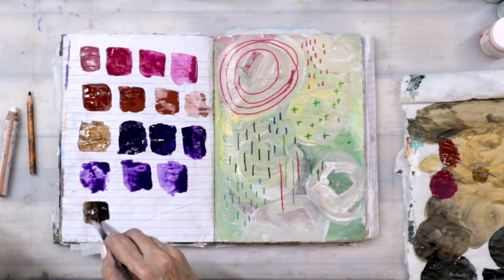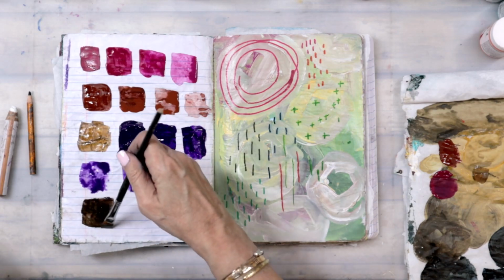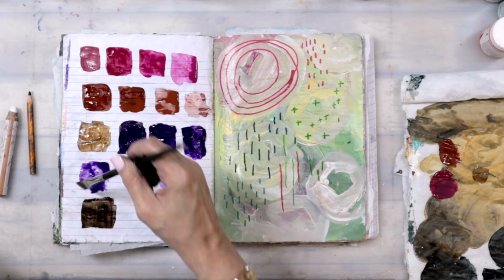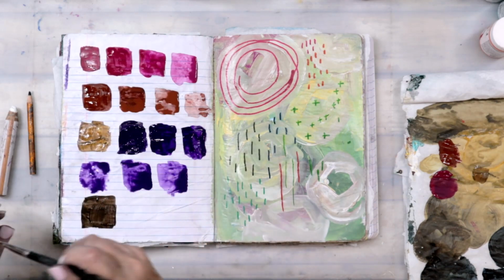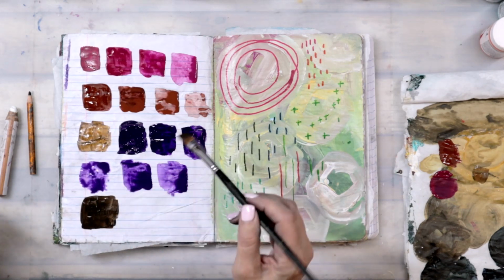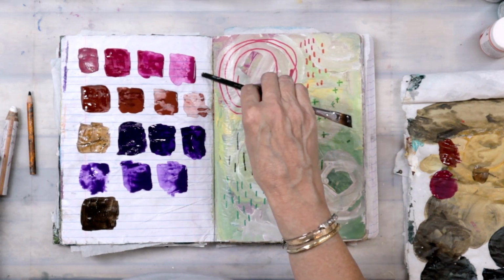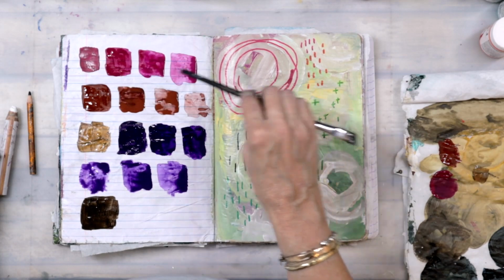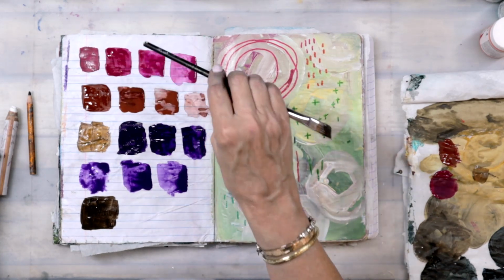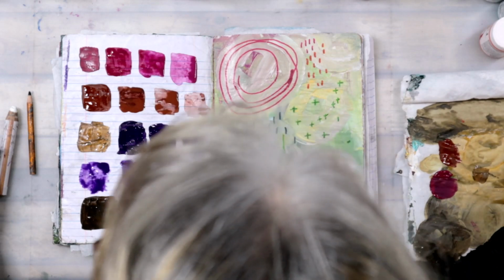Look at that. There's a huge difference. So there will be things that I will always go back to Golden for, and that is their raw umber, some of their Payne's gray, that kind of thing. So I am actually going to be purchasing more of the gouache just because I have a lot of versatility, and then they're permanent. They do not reconstitute. I have been using them for months now, and